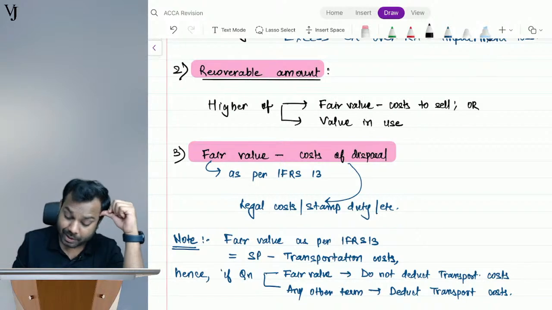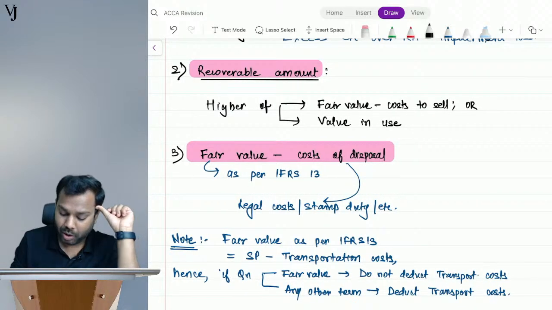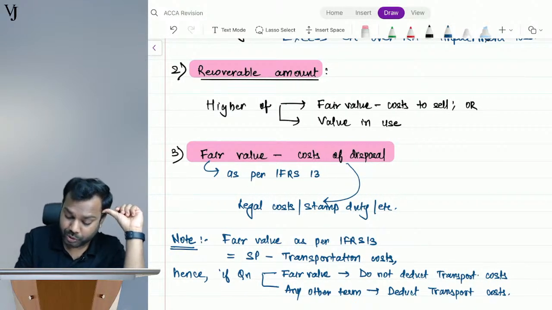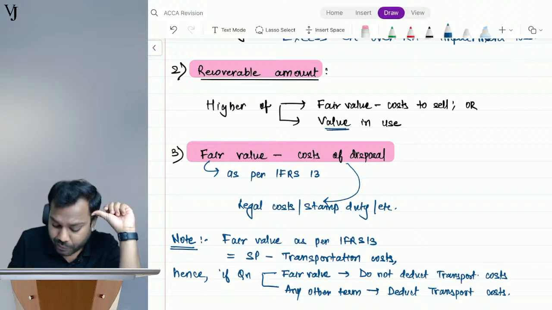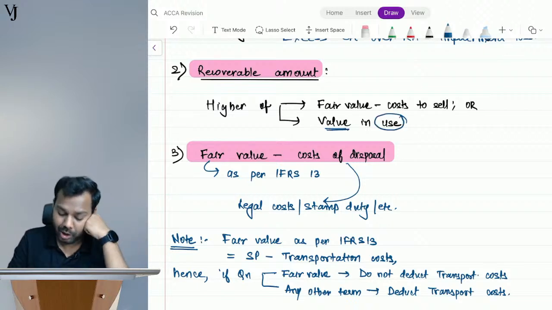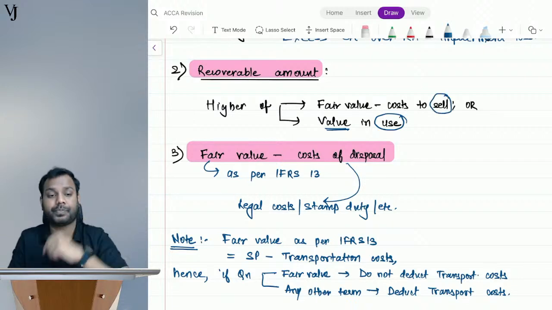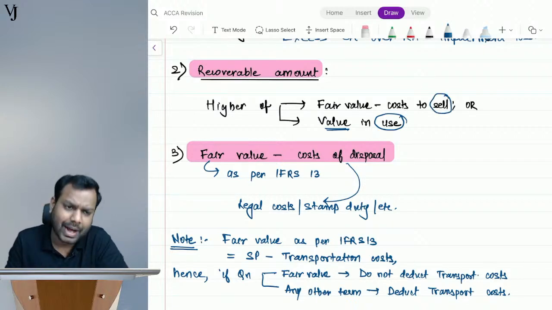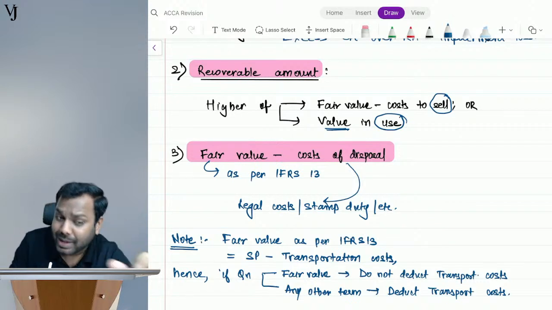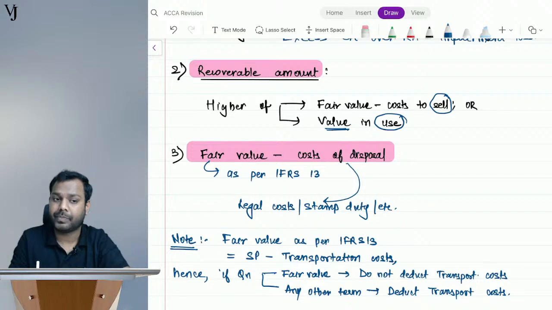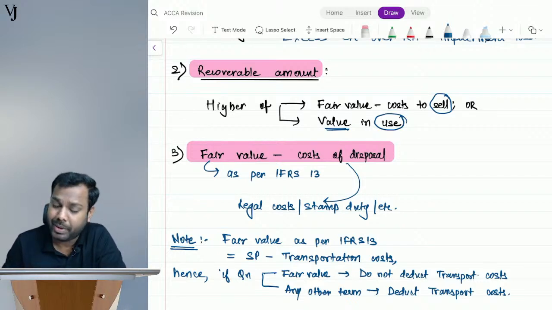Recoverable amount is the higher of fair value or value in use. What is the meaning of value in use? It is the value you will get if you use the asset. And fair value is the value we will get if you sell the asset. So you will take the higher, obviously. Here you will sell, because in the sale the value is higher. So that's how I calculate the recoverable amount. Is it clear, everyone? The meaning of recoverable amount?